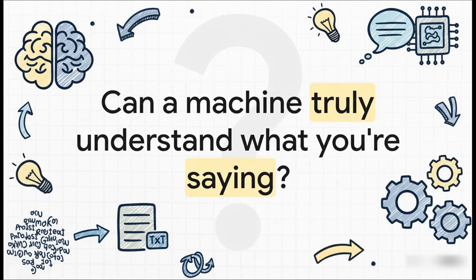So let's just dive right in with a big question that really drives this whole field. Can a machine actually understand you? Well, the short answer is not really. Not in the way a person does, anyway. Machines don't have consciousness, they don't have feelings. What they are incredibly good at is recognizing statistical patterns. They learn to connect words and phrases by analyzing just massive amounts of data. And this difference between real understanding and super sophisticated pattern matching is key to everything we're about to cover.